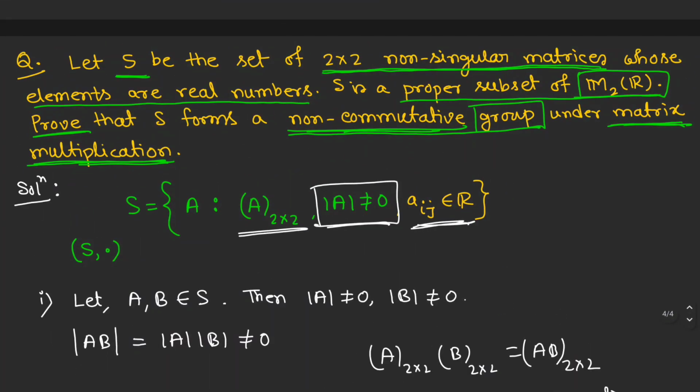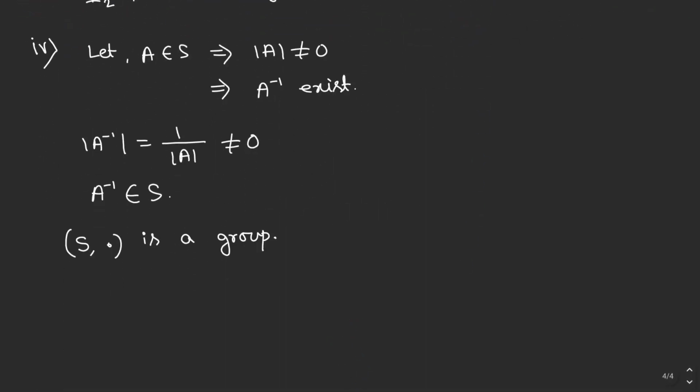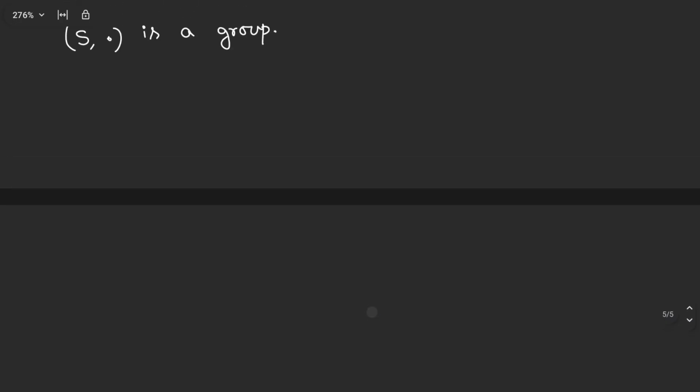Here the question is, you have to show that it is a non-commutative group. So I already have shown that it is a group. Now you have to show that this is non-commutative. Actually we know that matrix multiplication in general is not commutative. So if the operation is not commutative, obviously the group will be a non-commutative group. So you just have to write that in general